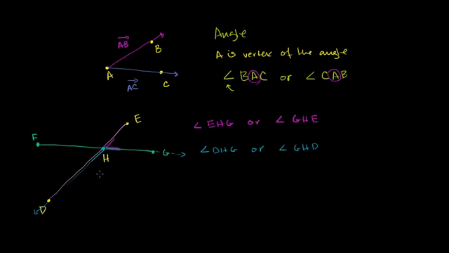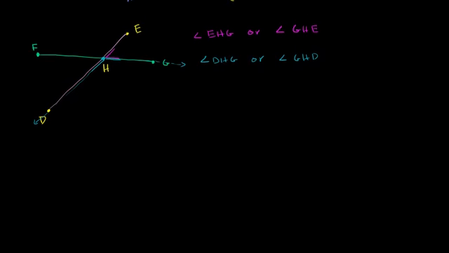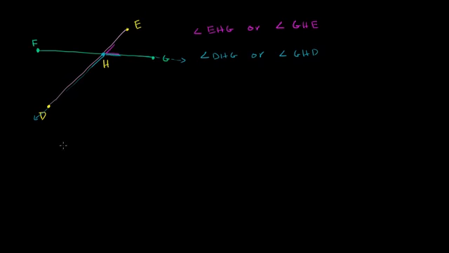So now that we have a general idea of what an angle is and how we denote it with symbols, the next thing you might be curious about is that it doesn't look like all angles are the same. It seems like some angles open up or are more open than others, and some are a little bit more closed in than others, and that actually is the case. So for example, let's take two angles here. So let's say I have one angle that looks like that. So I'll start reusing letters. So let's say that this is A, B, and C. I could keep on going and make them rays if I like, or I could just keep them as line segments. So right over here I have angle